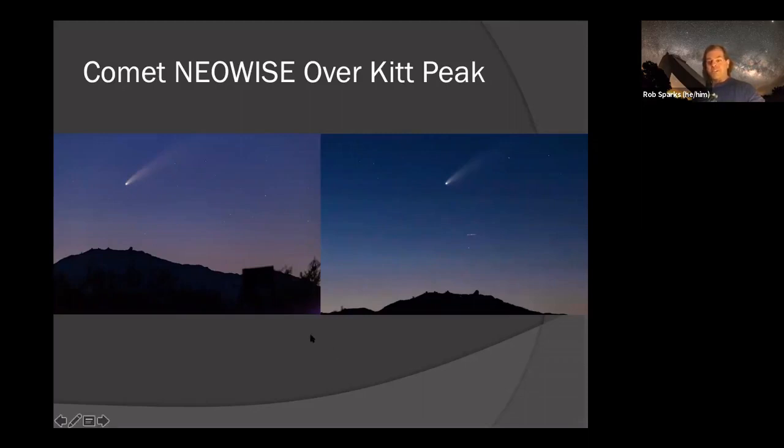And of course, Neowise was such a treat last summer, and I was very happy to get these photos because I didn't see anyone else get photos over Kitt Peak. You had to go to a fairly remote location to get these. And like I said, there's definitely nothing out there. So possibly between all the border running that goes on here and the wildlife, it probably wasn't the safest place in the world to be, but I'd go for those pictures sometimes.